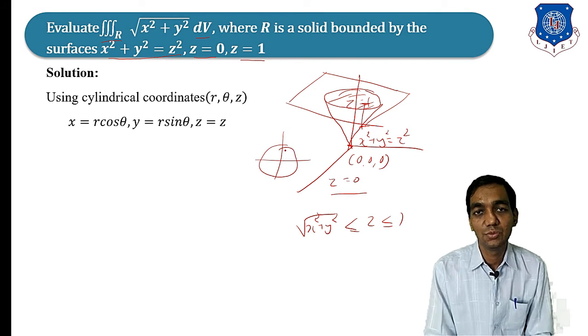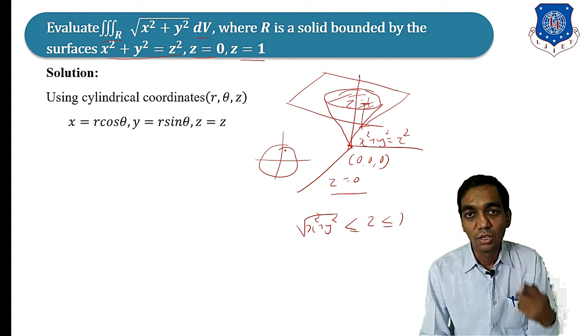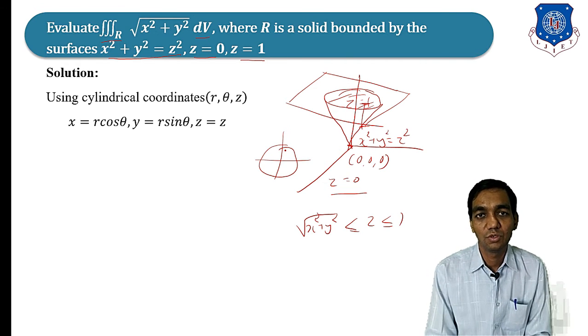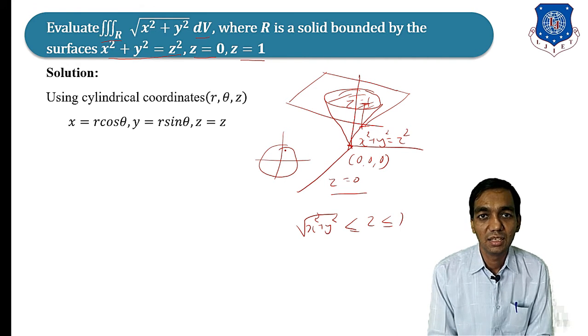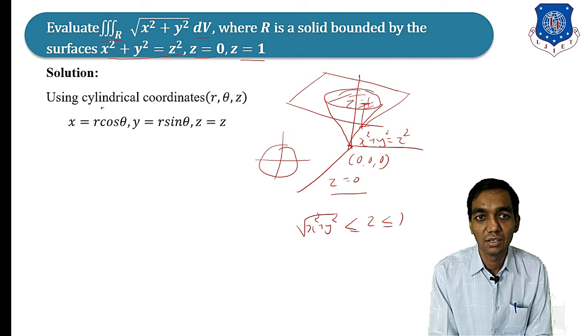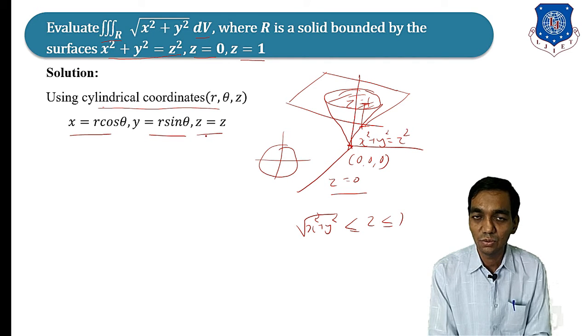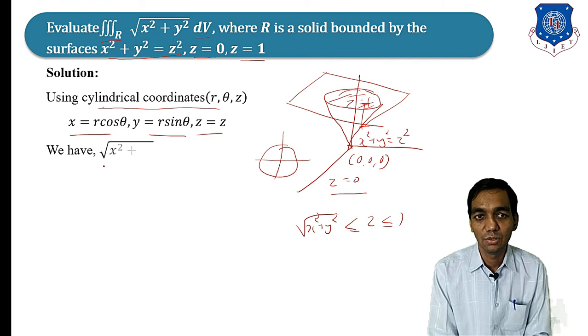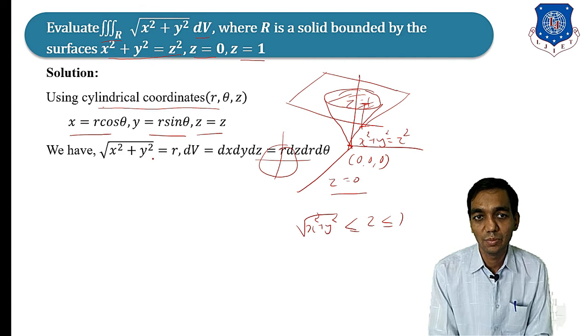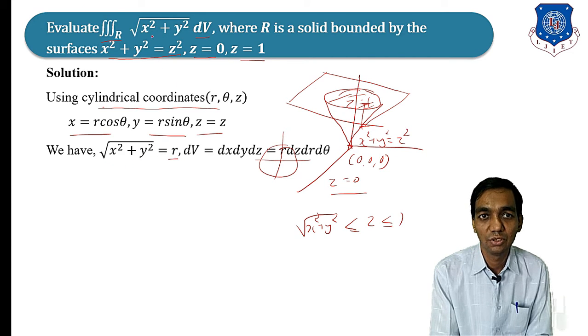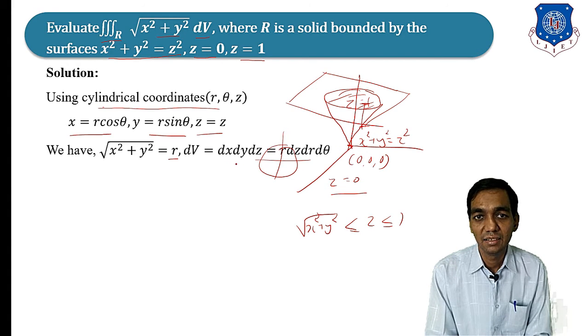Now for the limits of x and y, the projection is going to be a circle, that means if you see the region from the top, it will be a circle. Since it is a circle, we are using cylindrical coordinates, and we reduce this in the form of cos theta and sin theta. So we suppose x is equal to r cos theta, y is equal to r sin theta, and z is equal to z. So under root of x square plus y square is going to be r, and dx dy dz is going to be r dz dr d theta, correct?